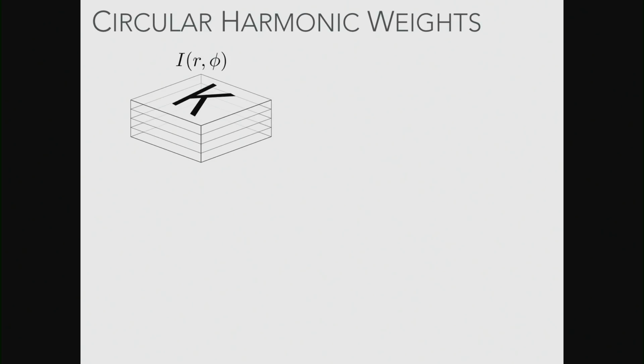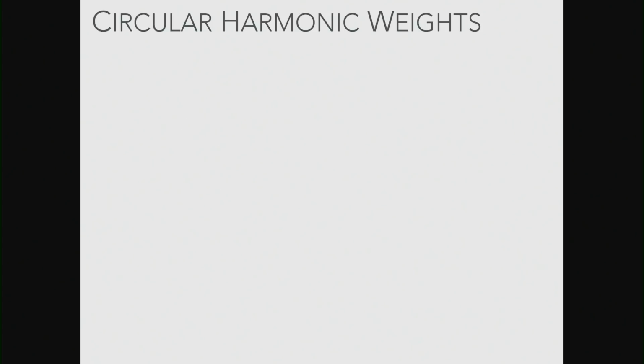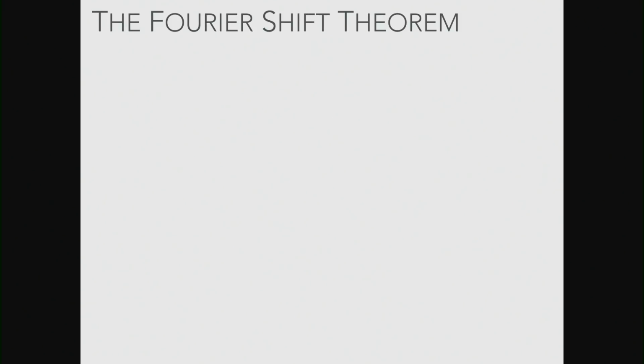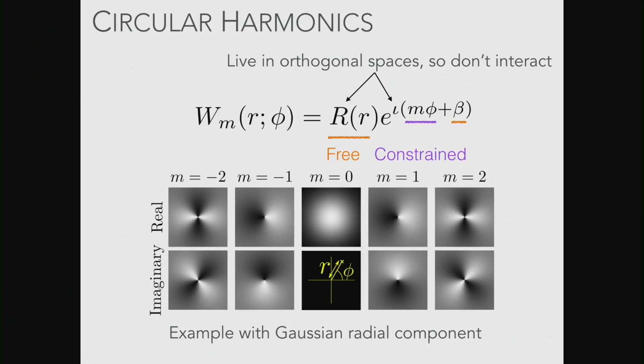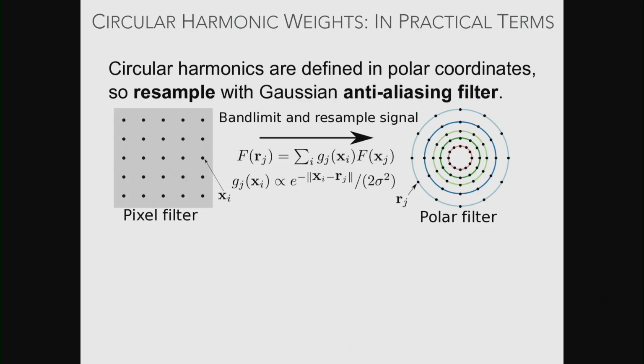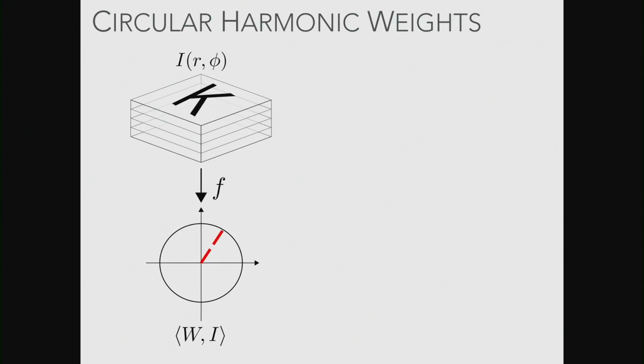And so just to recap on that math with a nice diagram, what we've got is an image, which might be this k here. Now it's got radial position r and angular position phi. If I take the inner product of that image with one of these guys, and it's always a pair, then I get a complex number out, which I can denote as a vector. The length of this is that invariant part, which says how much of this feature is here, and the angle tells me the orientation.